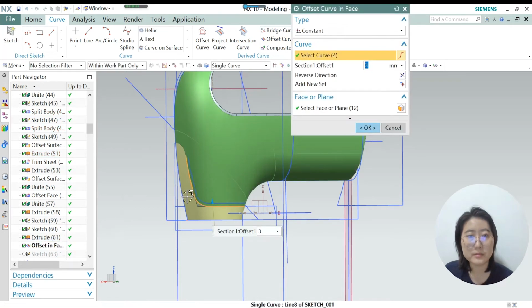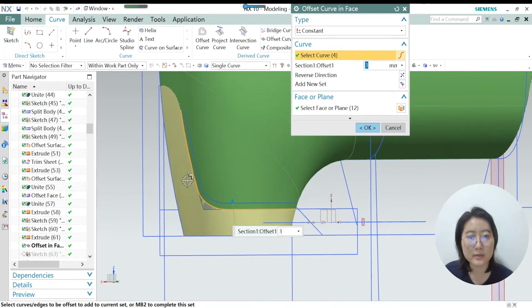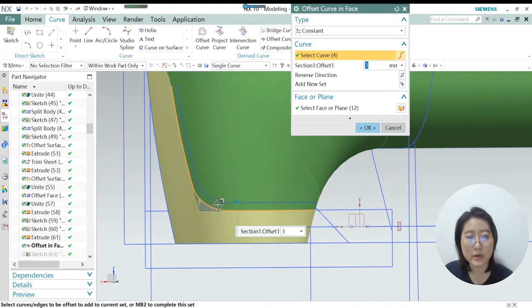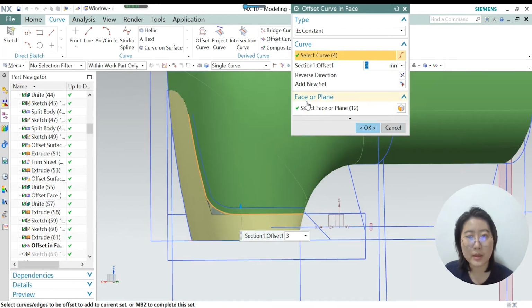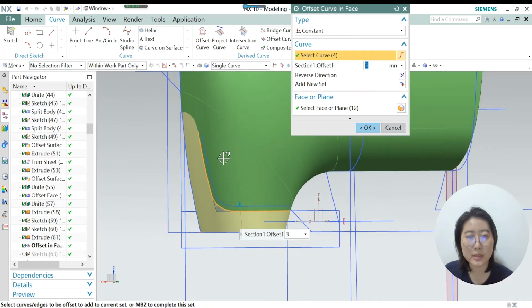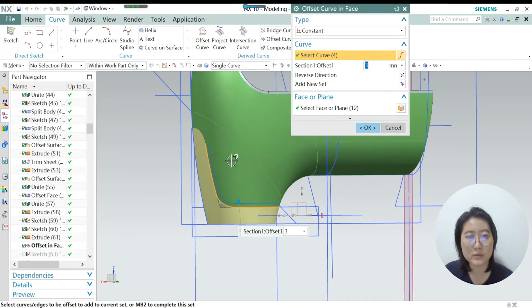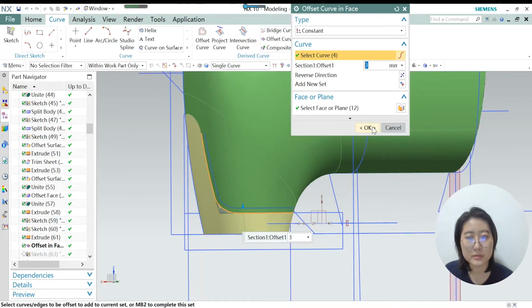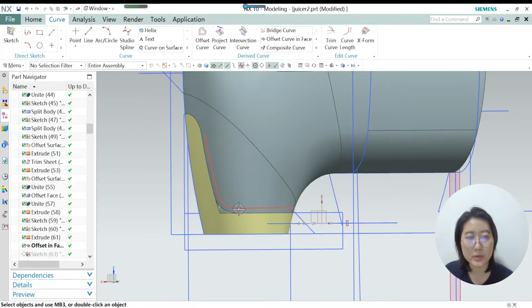So basically you select this edge here. For the offset distance, 3 is suitable. And for the face or plane you want to select it on, we choose this green surface here. We choose this surface that becomes a green color. Let's hit OK. So we got this 3D sketch here on that surface. So going to the next step,